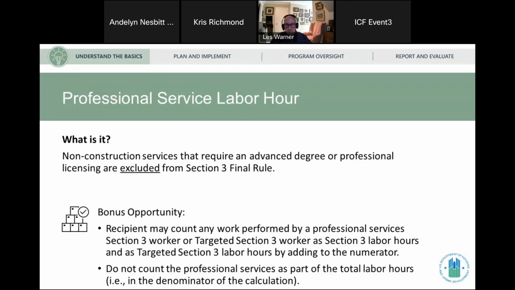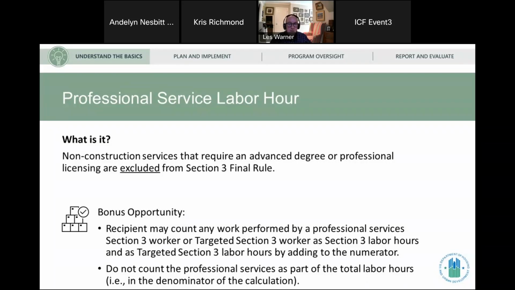Great, and a follow-up to that. For construction contractors, would hours put in by staff members, for instance, dealing with paperwork related to Section 3 compliance or EEO plans, if that person was not someone with an advanced degree, be counted towards the numerator?